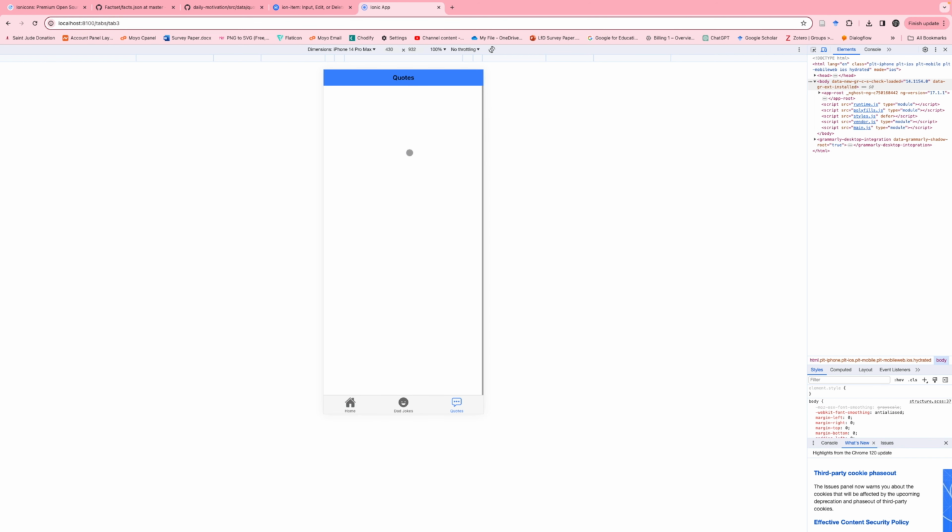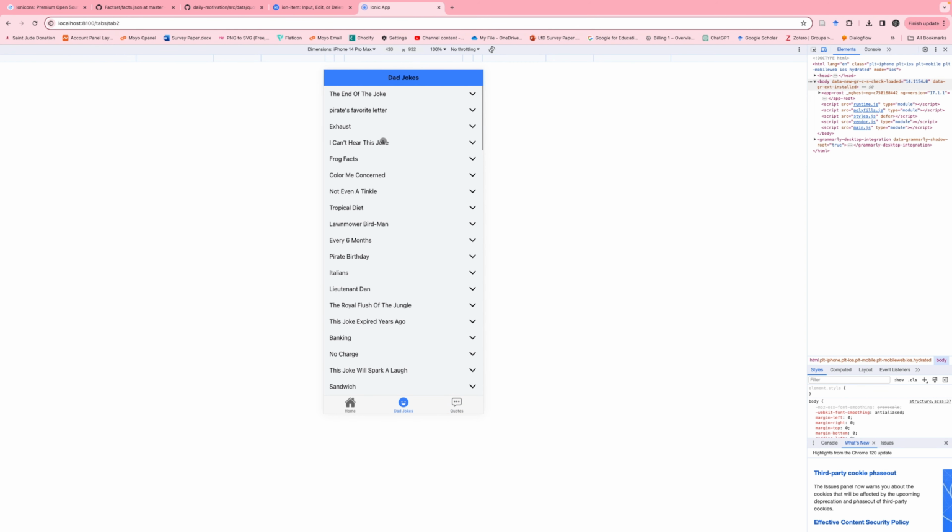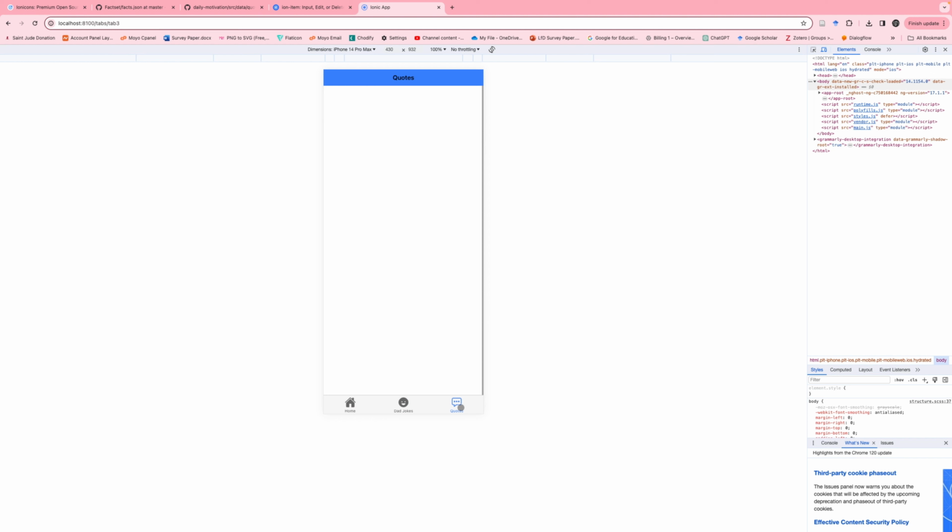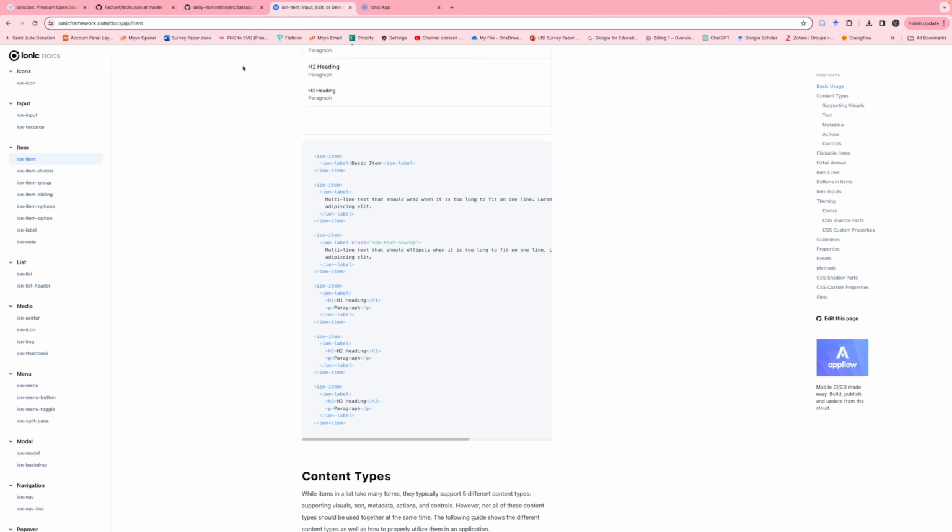Okay, it's really nice in there. You see it's really nice in here and everything comes up in here. Remember for this page we used something that has a drop down. So for this quote page we are going to use something different. And remember, where we get the things that we use is ionic.com